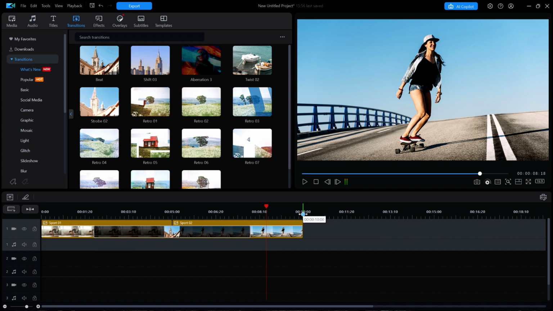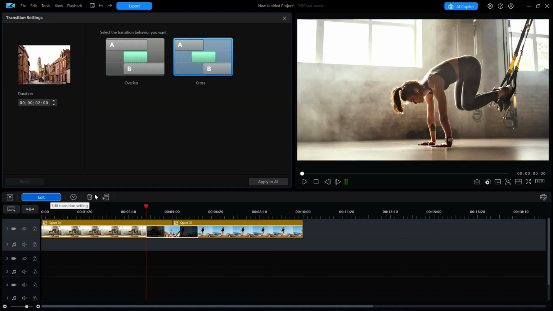I'll hit Ctrl-Z to go back again, but now watch what happens if I edit the transition itself to change its behavior. I'm going to click on Edit, and you can see my default behavior was set for a simple crossfade. There is an option for an overlap behavior, which means that during the actual application of the transition, both images are playing momentarily at the same time. I'm going to choose Overlap and just